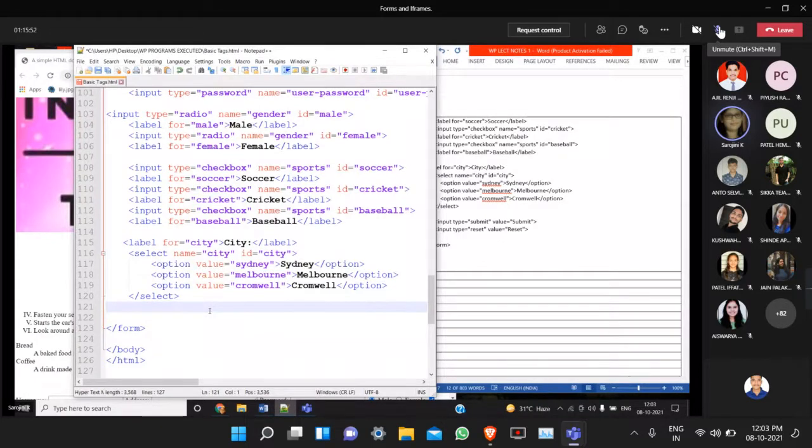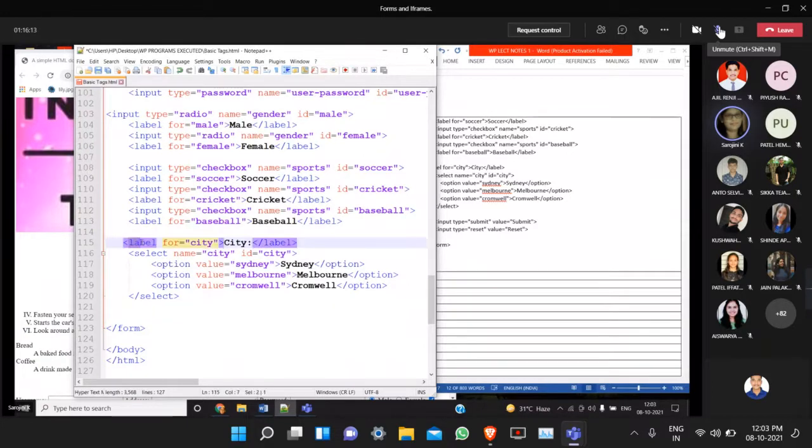We used a separate tag called textarea. Other than that, all the controls we saw till now were displayed using the input tag only. But now, to display the list box, we can't use the input tag.